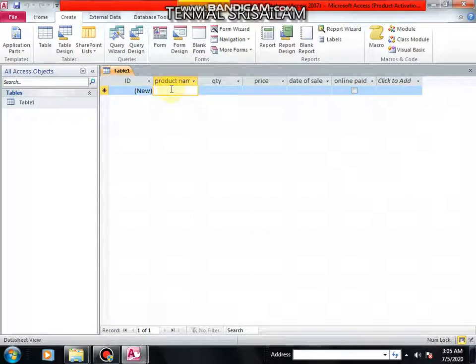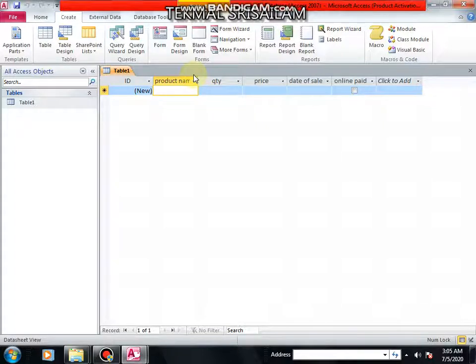Around five different fields I have created in this table, and the table is now ready for accepting input. This column which you see here, ID titled as new, always generates a serial number automatically once you complete one record. So let us see how it happens.